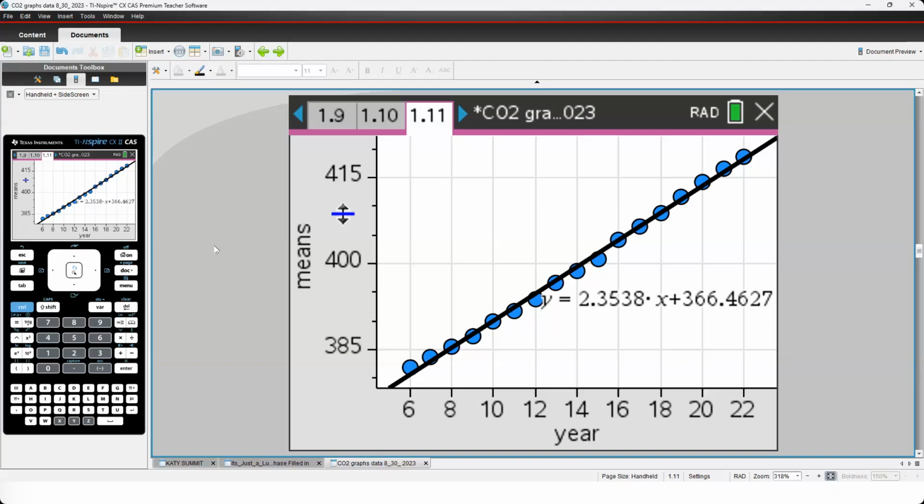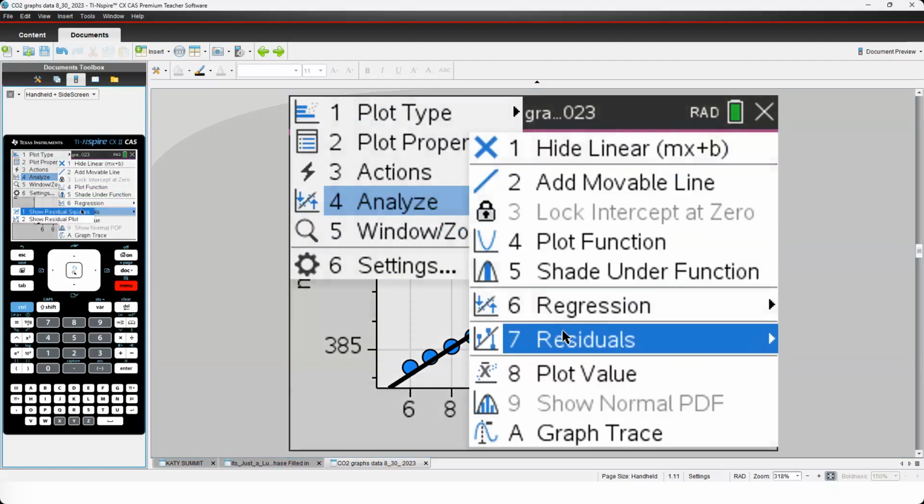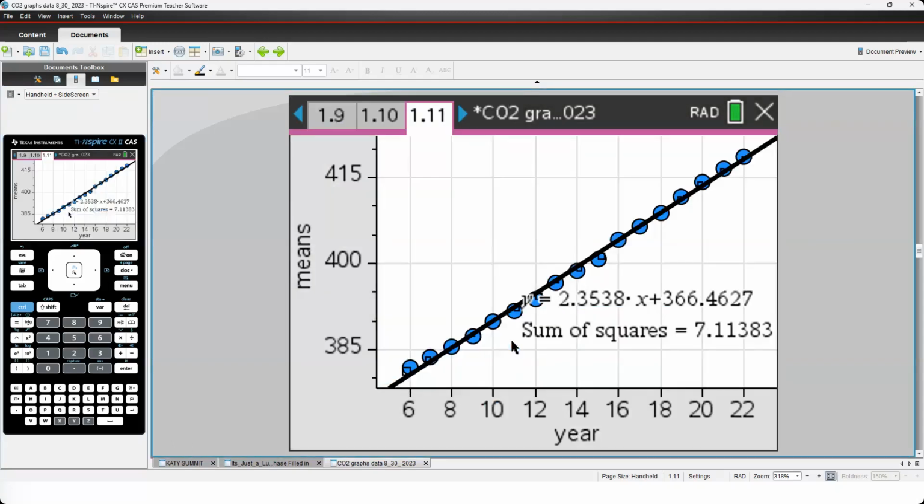Okay. And Becky's adding some stuff in there about the y-intercept. That's great. All right, what do we do now, Rachel? Once we've got the model. Always a residual. I love a good residual. So analyze down to residuals. Do you want to show the squares or the plot, Gail? Let's show, well, you can show the squares just so that they know, because that's what the least squares linear regression does. So we can show the squares.